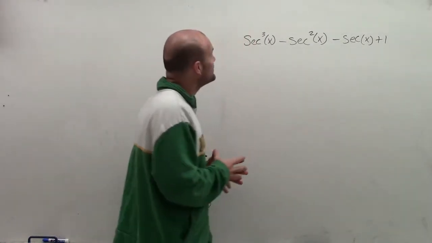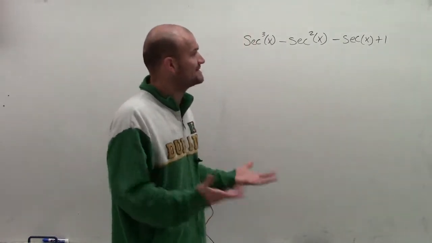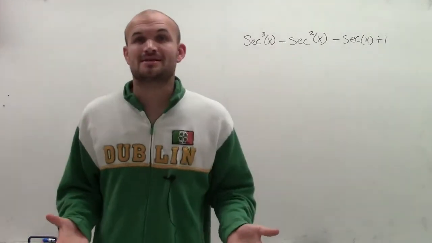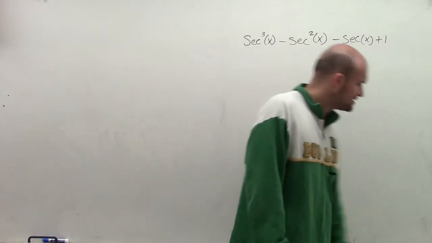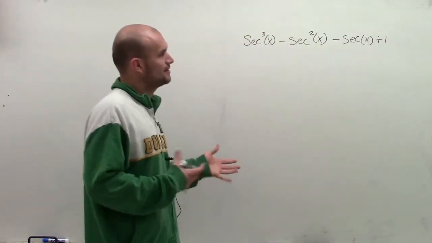What I have is secant cubed of x minus secant squared of x minus secant of x plus 1. And what they want us to do is simplify this problem. So what I want to do for this problem is look at this and, first of all, see,